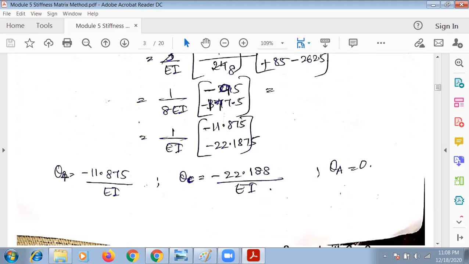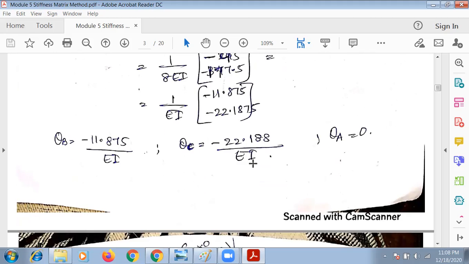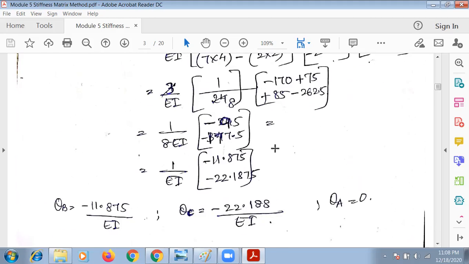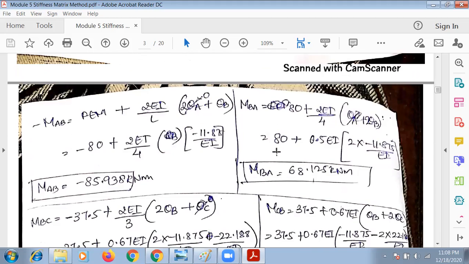So theta B would be the first number, because it's coordinate direction 1, and theta C is coordinate direction 2. Theta A is obviously 0 because it's a fixed support. To check how to solve this, you can just rewind the video and watch how to solve it. Once you find these unknowns, that is theta A, B and C,